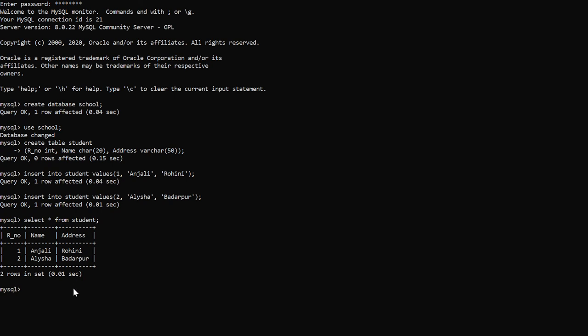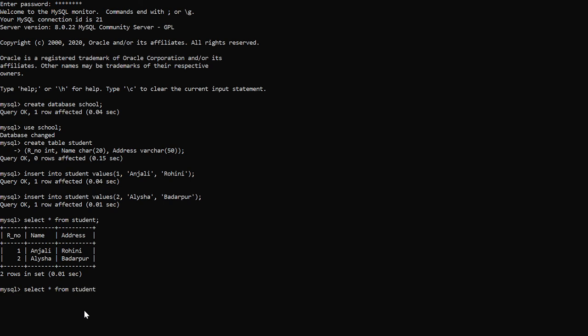So if you want to check a particular table, we are going to use select star from table name. Now if you want to fetch any record with a specific name, like I want to check the record with the name Anjali, you are going to use the select command: select star from table name.